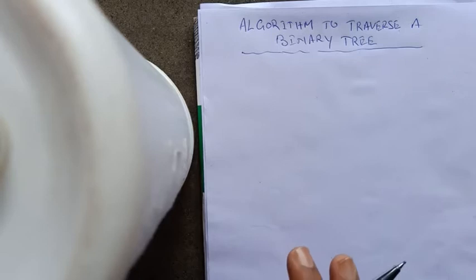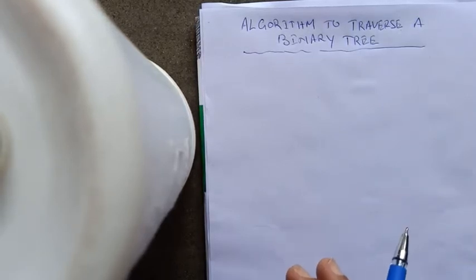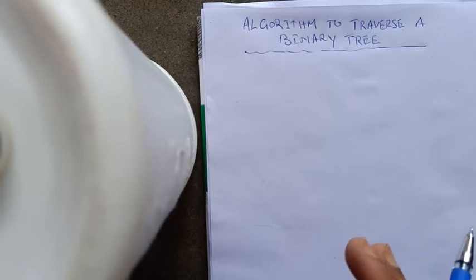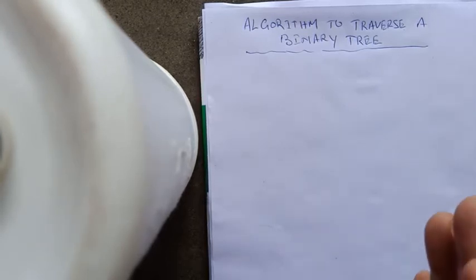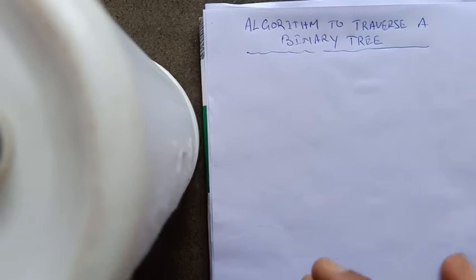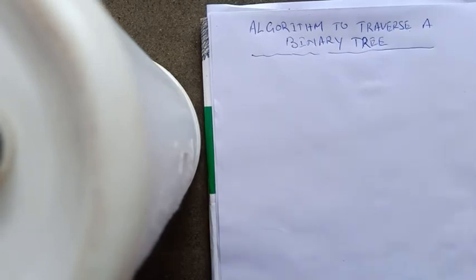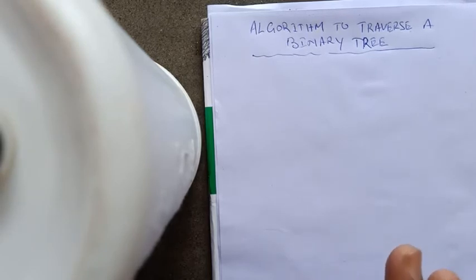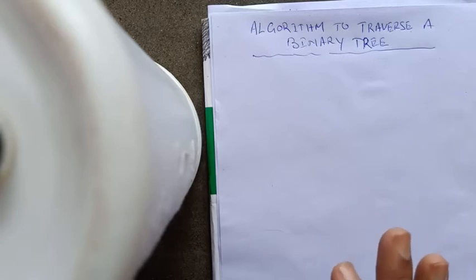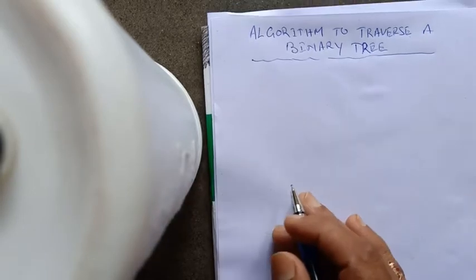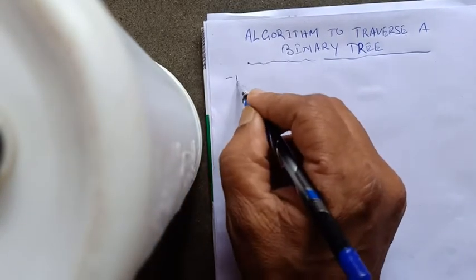Now in our last video we have seen the steps to perform traversing in a binary tree, and we have seen that there are three types of binary tree traversal possible. One is pre-order, then in-order, then post-order. Okay, so we have discussed the steps. Now in today's video we will write down the algorithm to perform traversal in a binary tree. Since there are three ways we can traverse a binary tree, we will see three different algorithms. Okay, and first we will discuss pre-order.